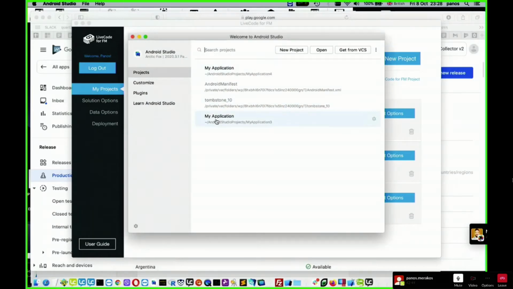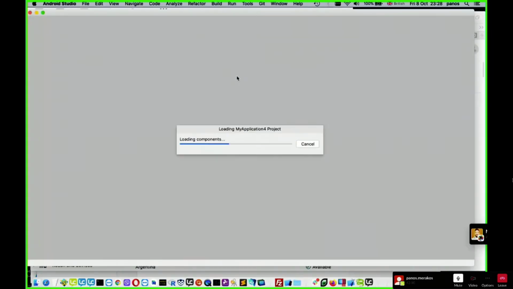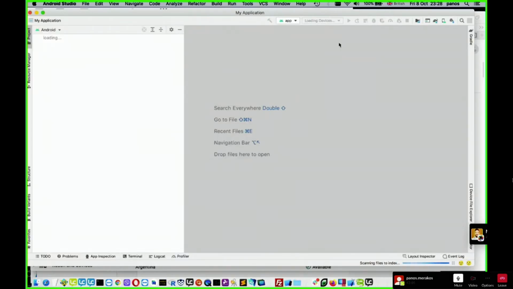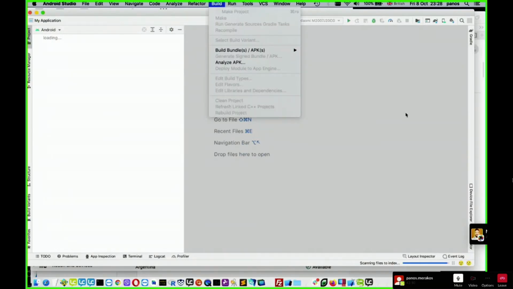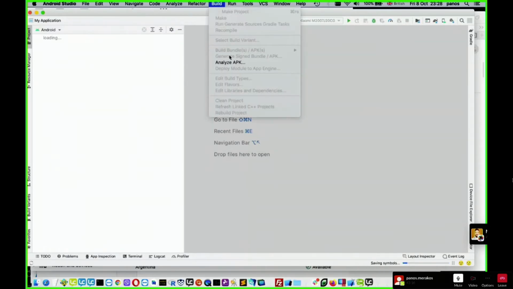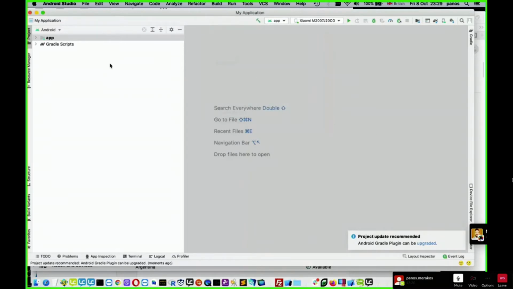And then you can open any of your existing projects if you have any. Otherwise, you can just click on New Project and create a new empty project. So I'm going to open one of my existing ones. And then you have to go to Build. No, we have to wait a bit until this option is available, and this option will become available once the sample app fully loads. So let's wait a bit.